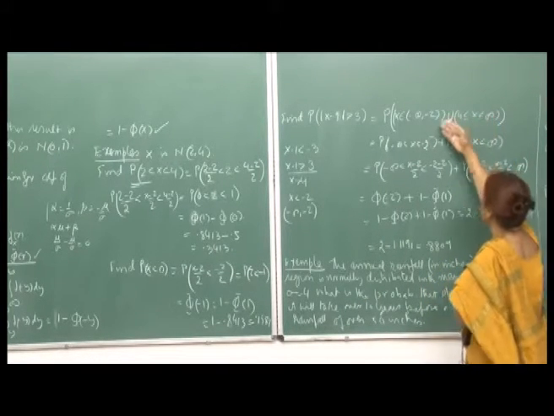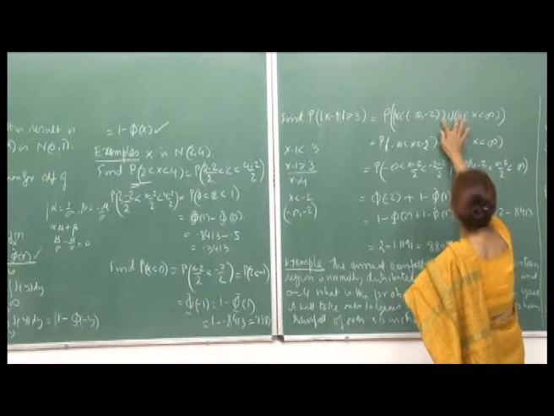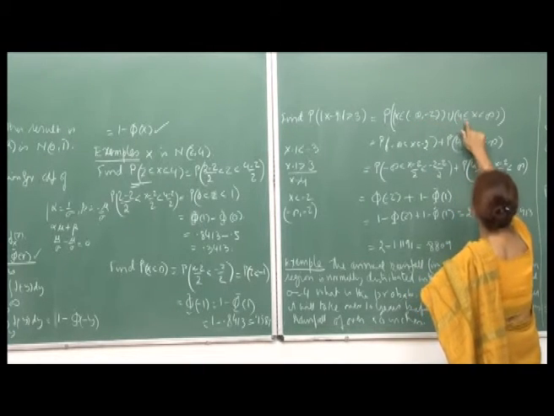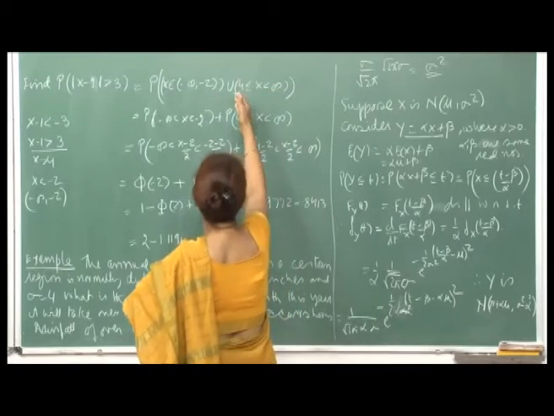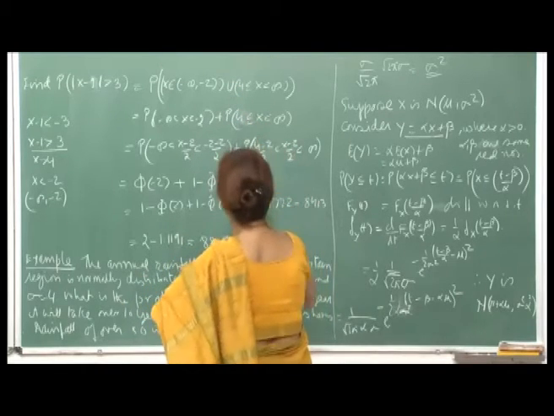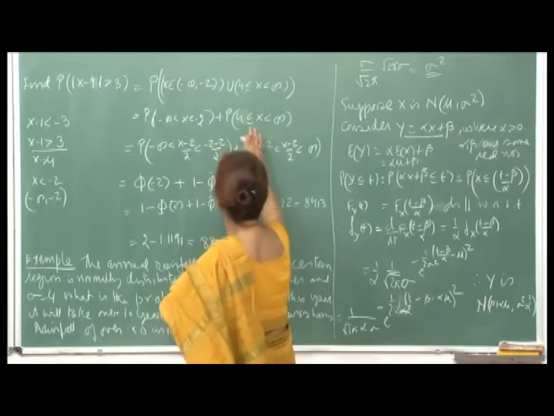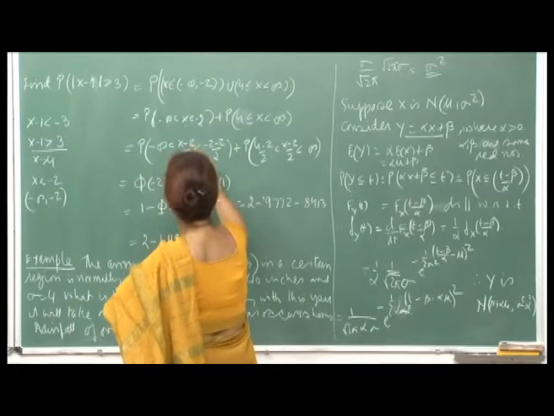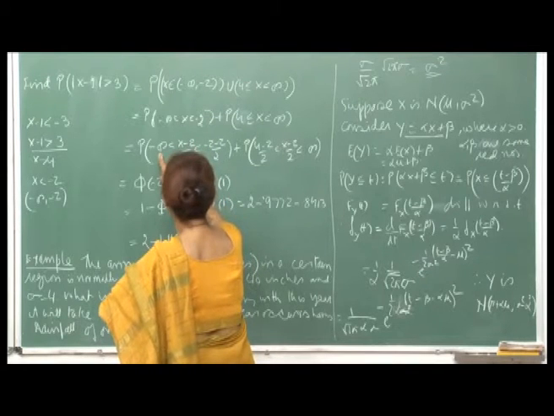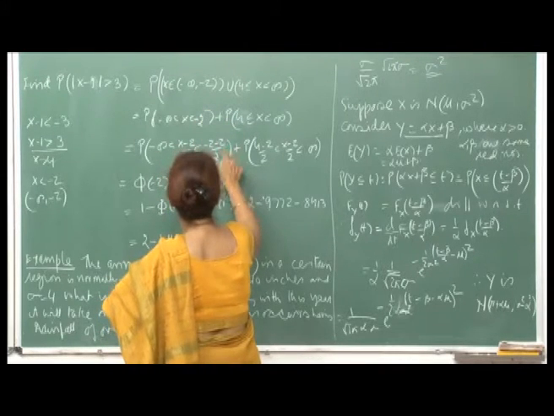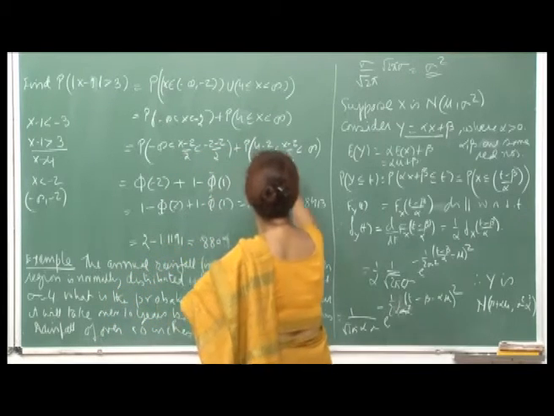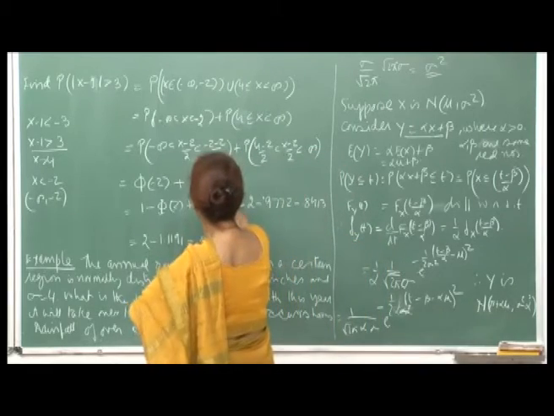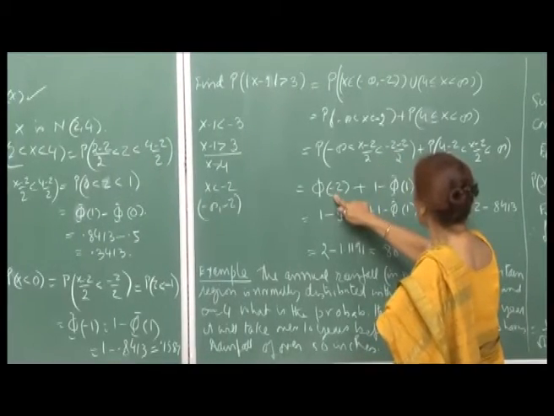Well, I have used a different notation here than there, it does not matter. Now, since these two sets are disjoint, minus infinity to minus 2 and 4 to infinity, I can write the probability as the sum of the individual probabilities, and so I get this. Again I transform my variable, (x minus 2) upon 2. So, this remains minus infinity, this is minus 2 by 2, and here again I use the same transformation to reduce it to a standard normal variate, and therefore this becomes phi of minus 2,